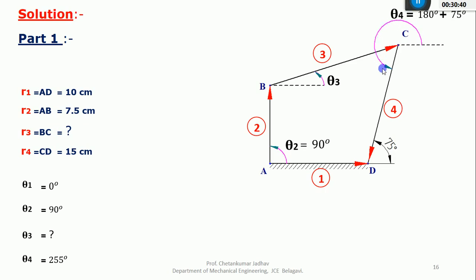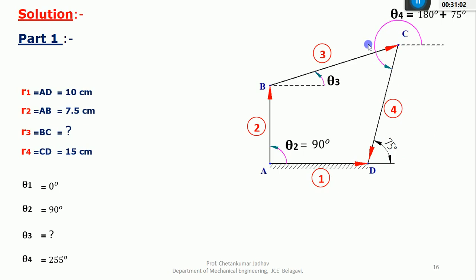You need to find out this. So this is the vector, and this is the axis. This is the horizontal axis, and this is 75. Just extend this, and this will be your alternate angle, that is 75. This is the common vector. It is making an angle of 75 with respect to the horizontal axis.